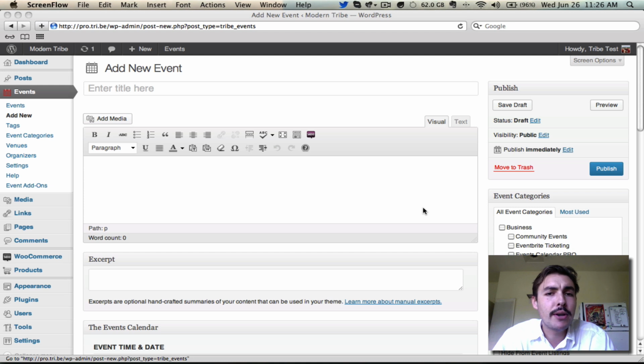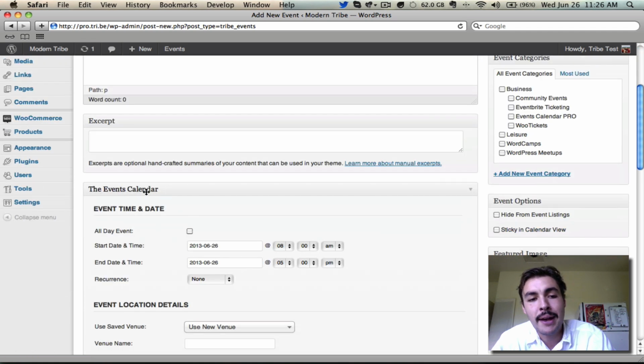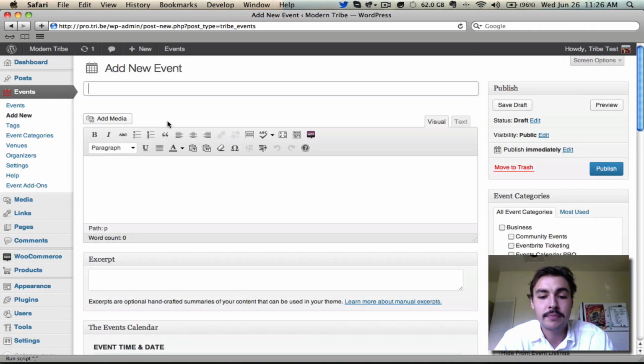Now, if you've ever set up a post or a page on the WordPress side before, you're going to know that this is very familiar because this is just a custom post type. Not a lot has been reinvented here in terms of how the formatting for the title, the description, etc. appears. Title, description, excerpt, publish, categories are pretty much all the same as what you would see when setting up a new post or, in some situations, a new page. I'm going to fill in those fields, and then we'll get down into the event-specific stuff, which is down here in the events calendar section.